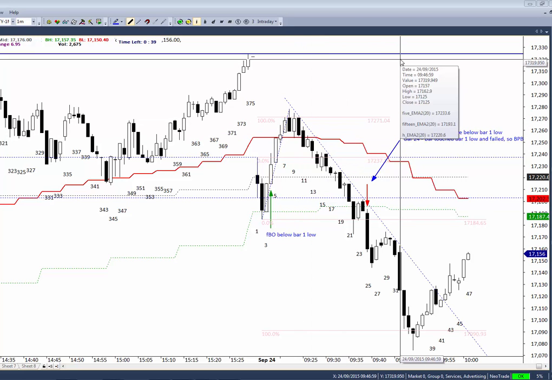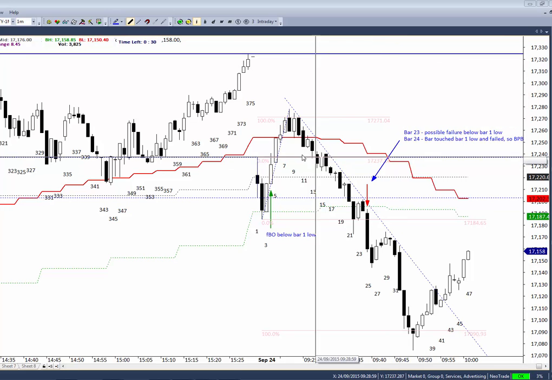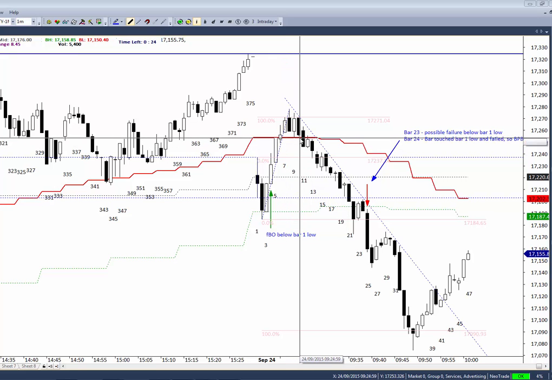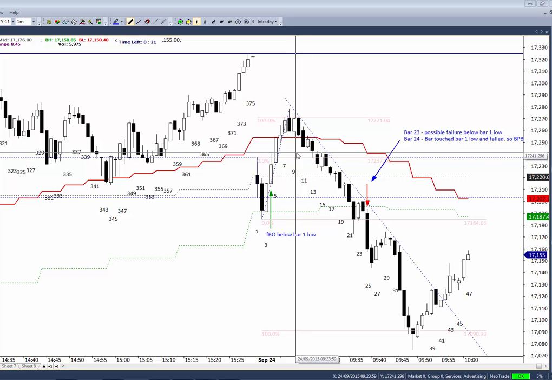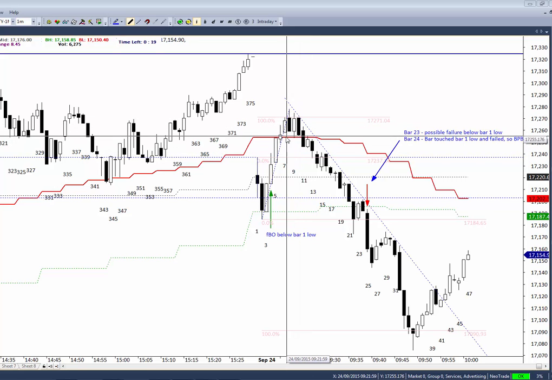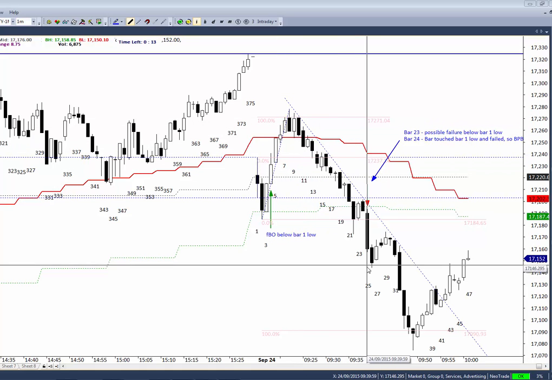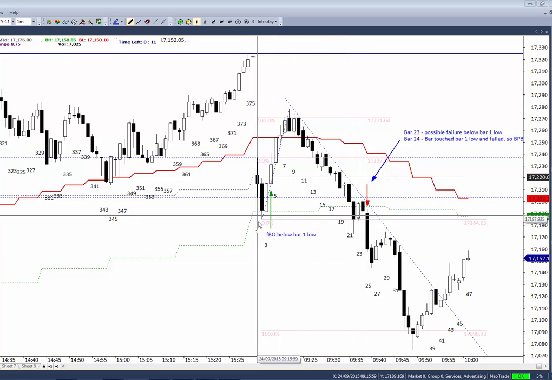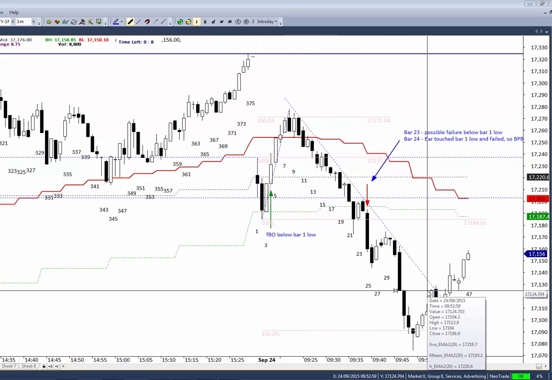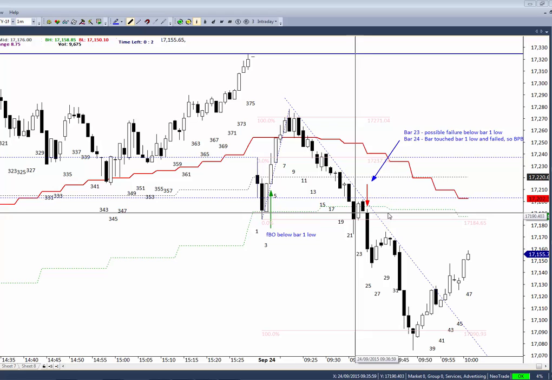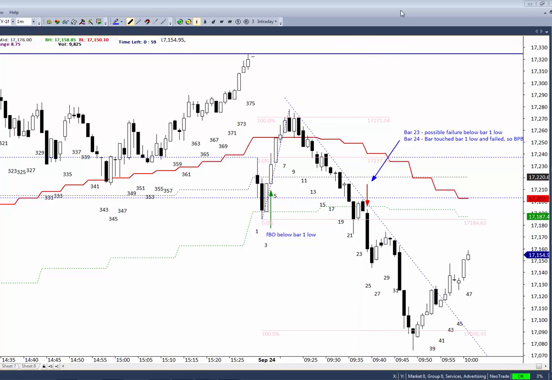Now, this is what bar by bar analysis is. We are reviewing every single bar and understanding what it is telling us, right? We know that bar is telling us that it's a failure above the moving average possibility, right? And then this is what is confirming that possibility, because bulls are not able to hold their ground above the moving average, right? Now, what we look at now, either it continues down all the way, or it basically becomes a trading range day, right? But we remain open. Price will do its own part, and we basically take trades based on what we see and not